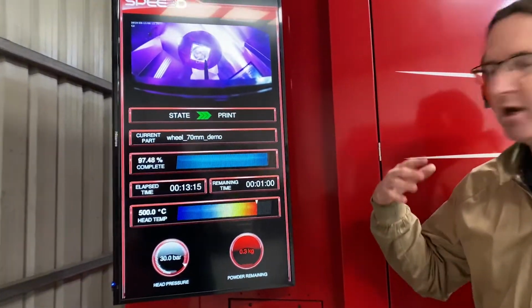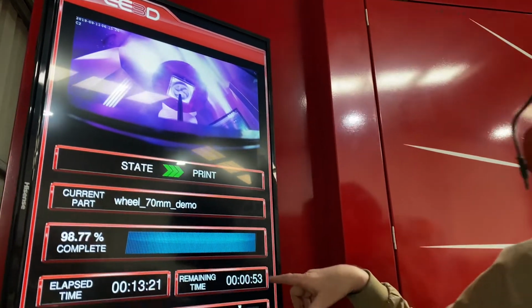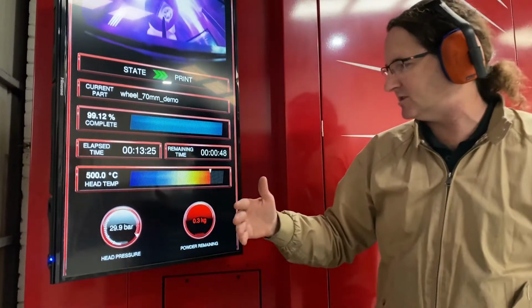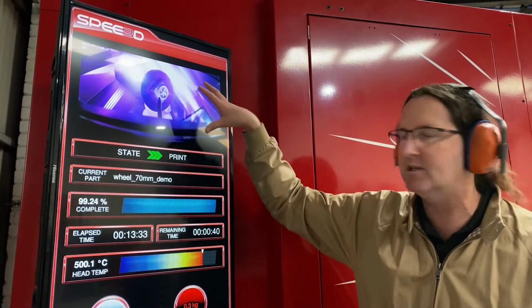Alright, so we've got about a minute left now in the printing. You can see the screen here gives you some information about the print. As I said, we've got just under a minute to go. It shows you pressures, temperatures, the amount of powder you have in the machine, state, etc. That gives you a little bit of feedback on what's happening during your print, as well as the video showing how